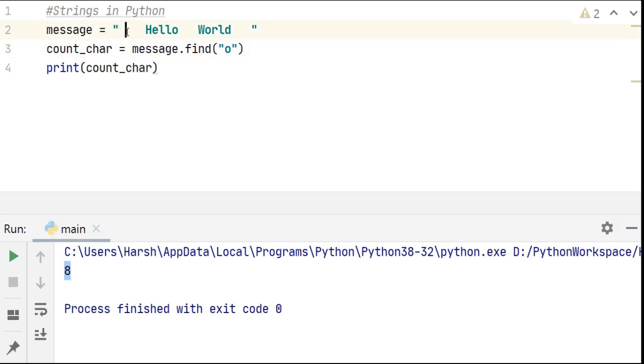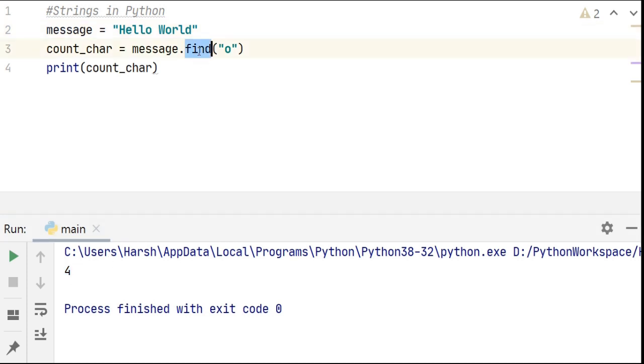So 0, 1. Let's just remove these spaces. It will be easier for us. When I run this, I get 4 because it is present at index 4. So h is 0, e is 1, l is 2, the next l is 3 and o is 4.